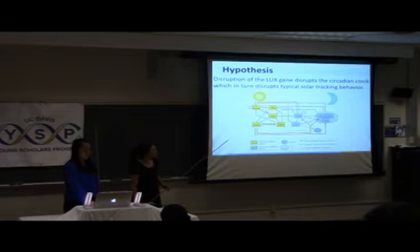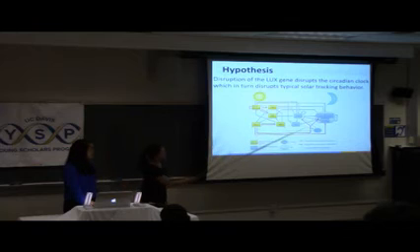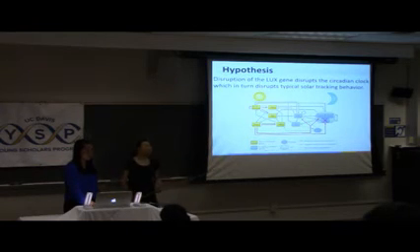So what I wanted to do was disrupt the circadian clock and see its effects on the solar tracking. Specifically, I disrupted the LUX gene right here, which is part of the evening complex, which previously has been shown to disrupt the entire circadian clock in Arabidopsis when disrupted. So my hypothesis is that disruption of the LUX gene will disrupt the entire circadian clock, which will then disrupt solar tracking.